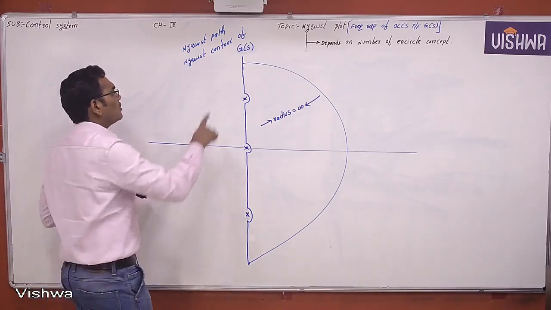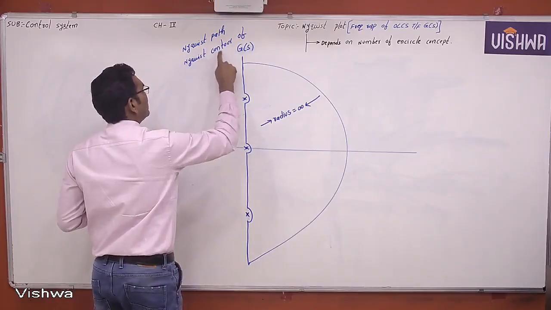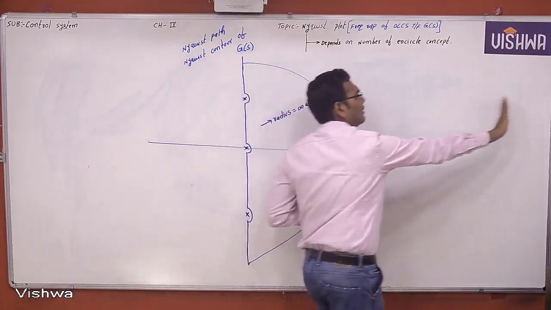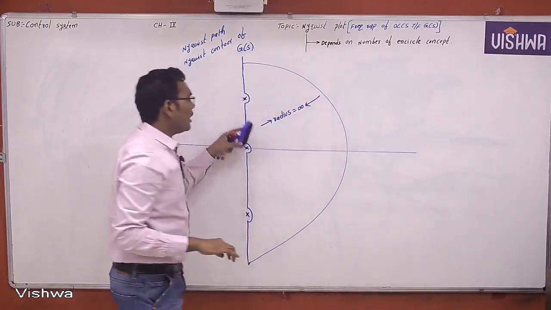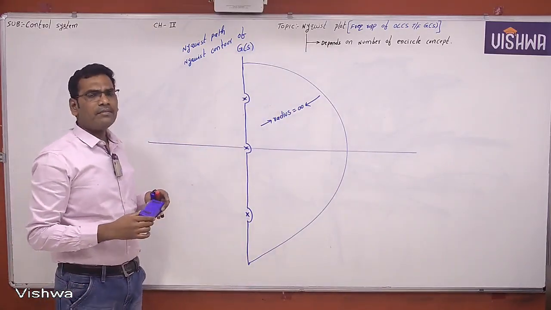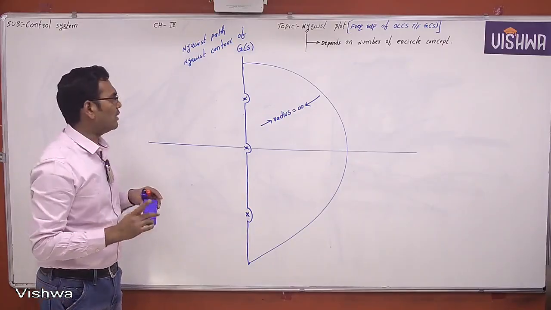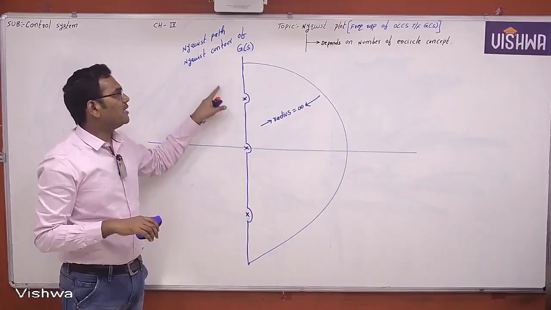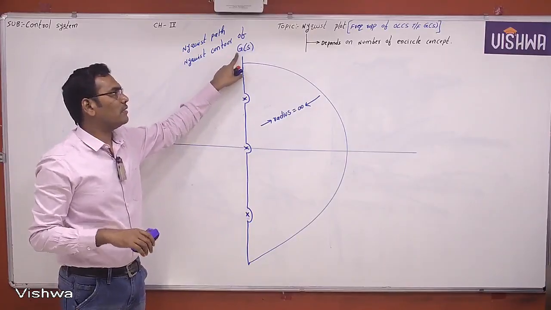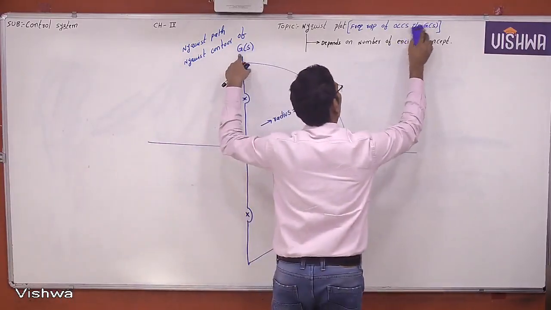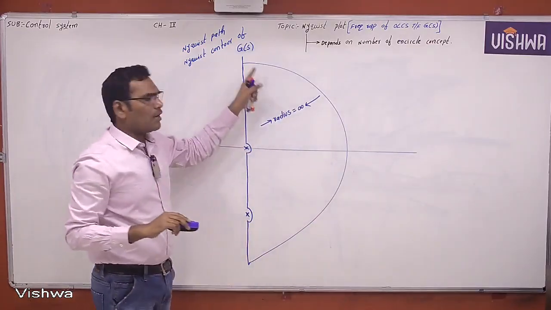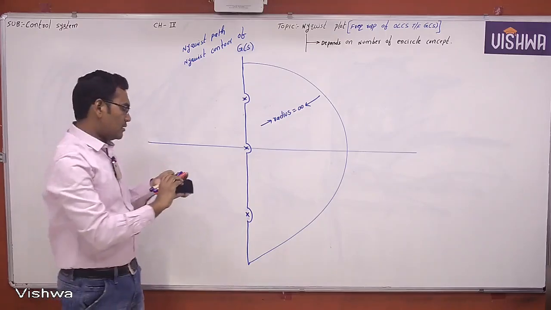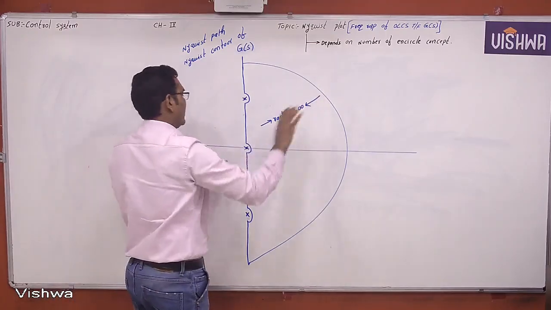Okay, so this is the Nyquist path or Nyquist contour of an open loop transfer function which will cover the entire right hand side of S-plane. After drawing the Nyquist contour, okay, for confusion I am saying assume this is the Nyquist plot itself, but this plot is drawn for which transfer function? Open loop transfer function. After drawing the diagram for an open loop transfer function, the Nyquist is searching the entire right hand side of S-plane,